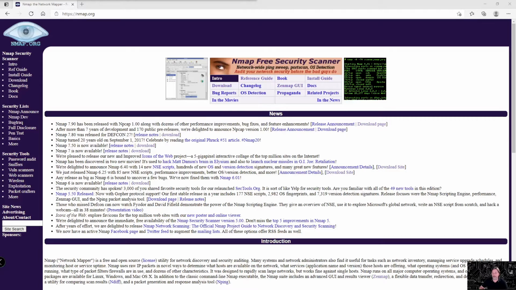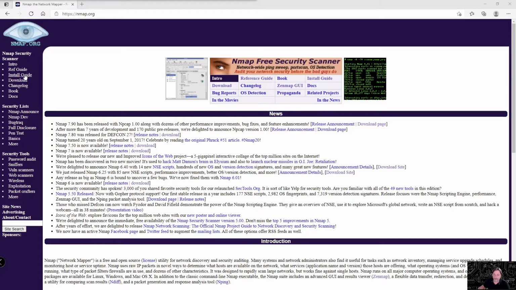Nmap is short for Network Mapper. It is a vulnerability scanner and network discovery tool that administrators use to see and identify the devices on the network, see what available services they offer, find open ports, and detect any security risks. And now they have the Nmap GUI, which is just a wonderful thing, and we'll take a